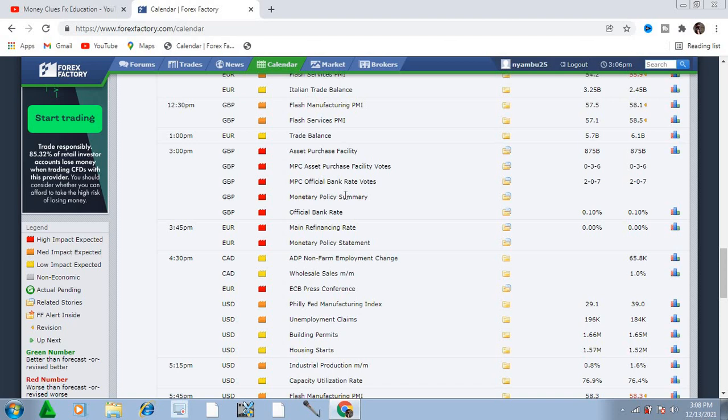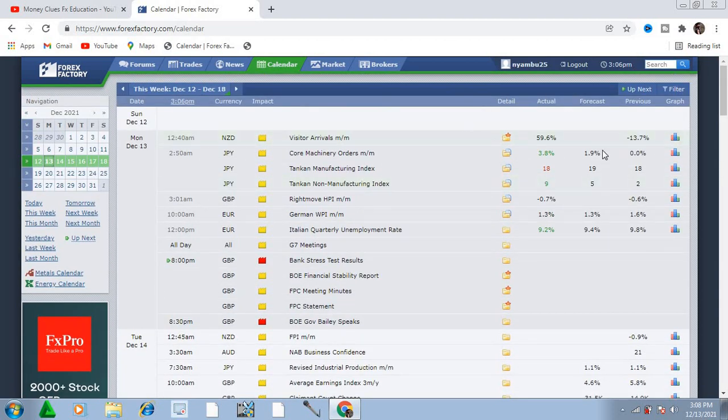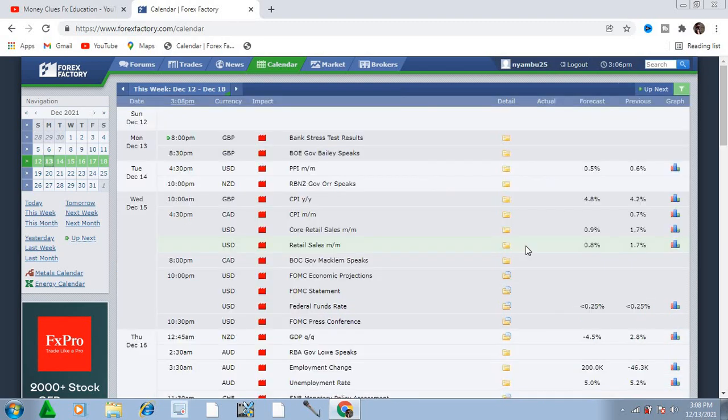So what are we going to do? All these, I'm going to sort this one. So what are you going to do? I'm going to the far end, the right hand of this website, and I will click on filter. Okay, I just want to see this news with the red color, okay? And you're going to leave it selected, and you're going to inactivate the other ones. So I'm going to click on apply the filters, okay? And it's going to actually sort everything for you.